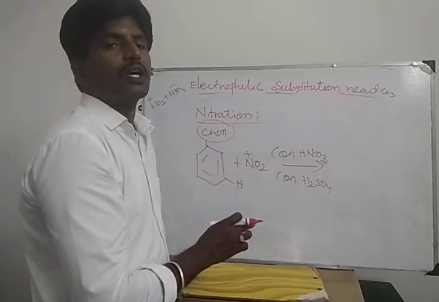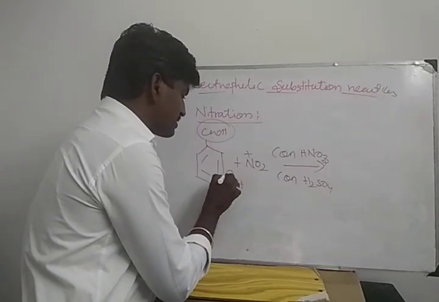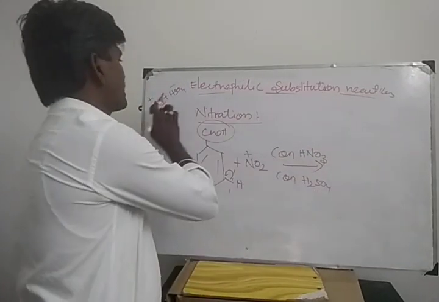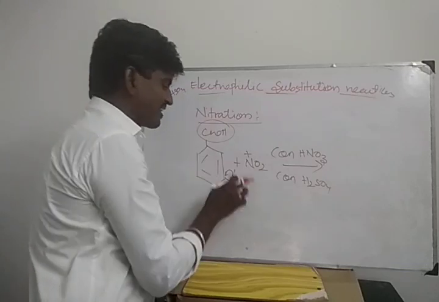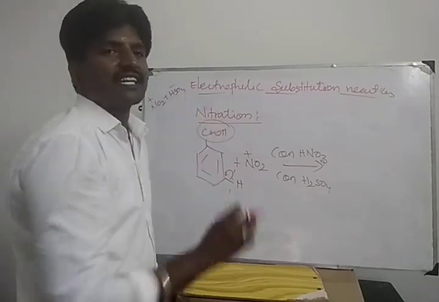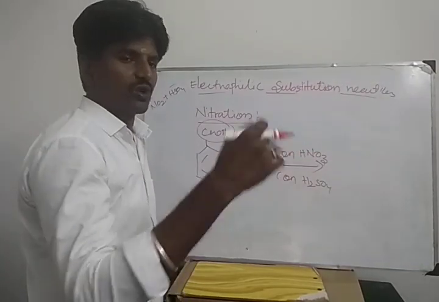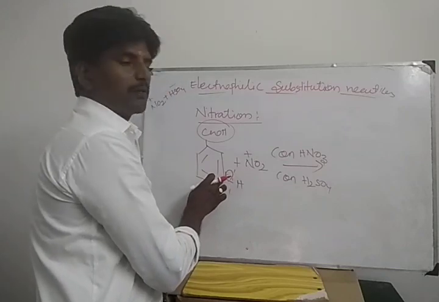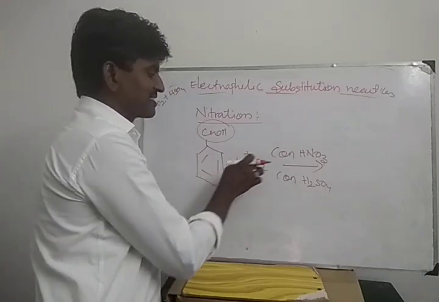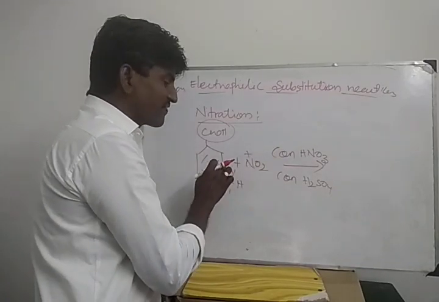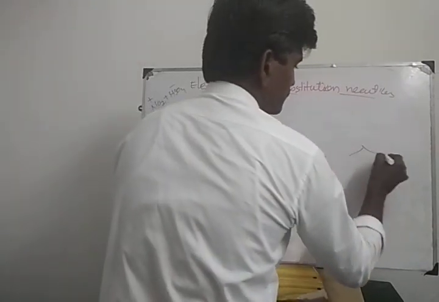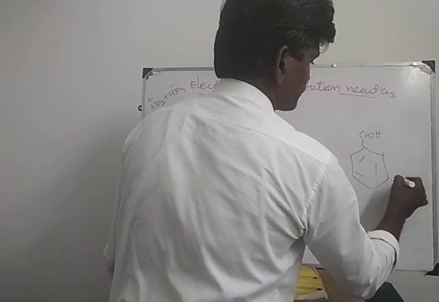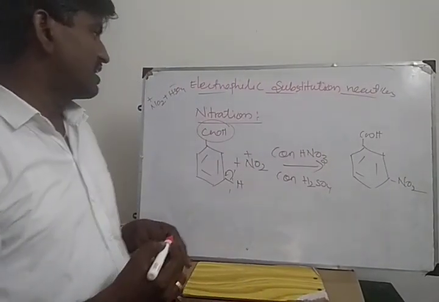Compare carbon and hydrogen. Which one is more electronegative? Carbon. So carbon takes one pair of electrons, the bond breaks. Here this H plus, you know very well, nitric acid reacts with sulfuric acid to produce nitronium ion as well as HSO4 minus ion. This H plus combines with HSO4 minus ion and becomes H2SO4. So leave it, you need not write. So here remaining is NO2 plus ion only. This carbon atom charge is minus, NO2 plus. So a bond forms between the phenyl carbon and the nitro group. Meta-nitrobenzoic acid. Okay, this is the nitration process.